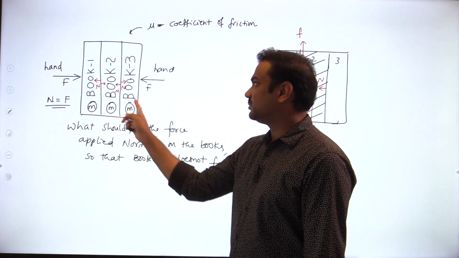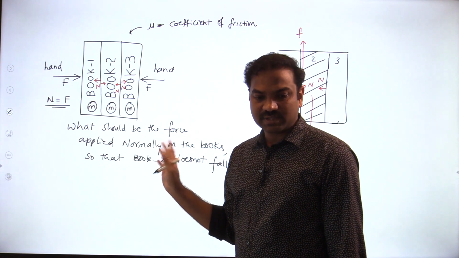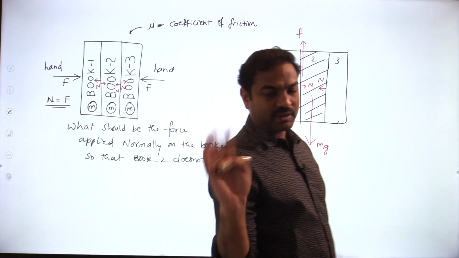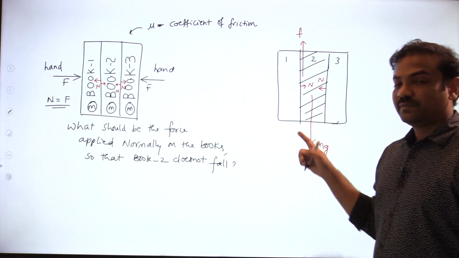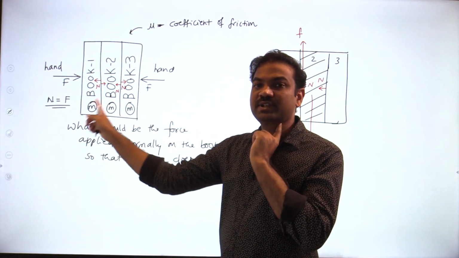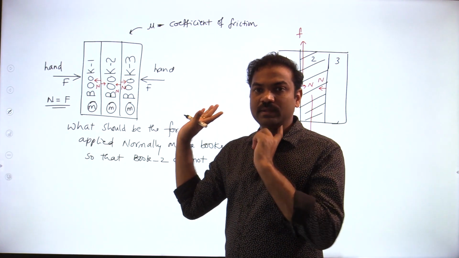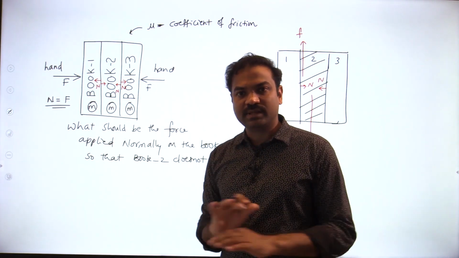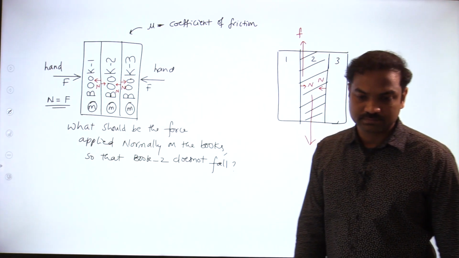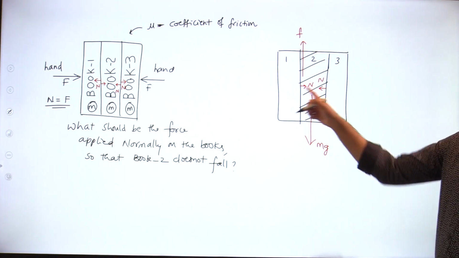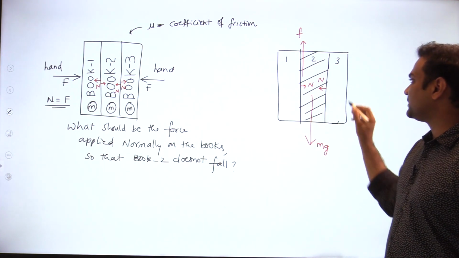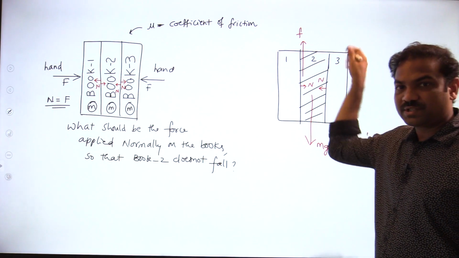That's why the first and third books are at rest. There is no problem for the first and third books. I already told you, the first and third books are held by the hand. So no need to think about them. We need to see the second book only. The first and third books are at rest because of the friction between the hand and the book. That is a given, confirmed statement. We are talking about only book 2. On the first also mg will act, on the third also mg will act, and that will be compensated by the friction between the hand and the book.